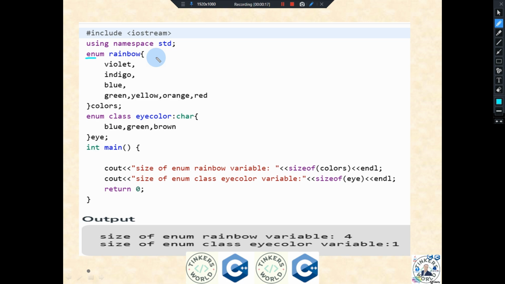This is an old version of enum class. So we were able to use rainbow as the variable name, and the values of that name are as follows. However, you can also write this code as this one. Hold on. Violet, indigo, blue,